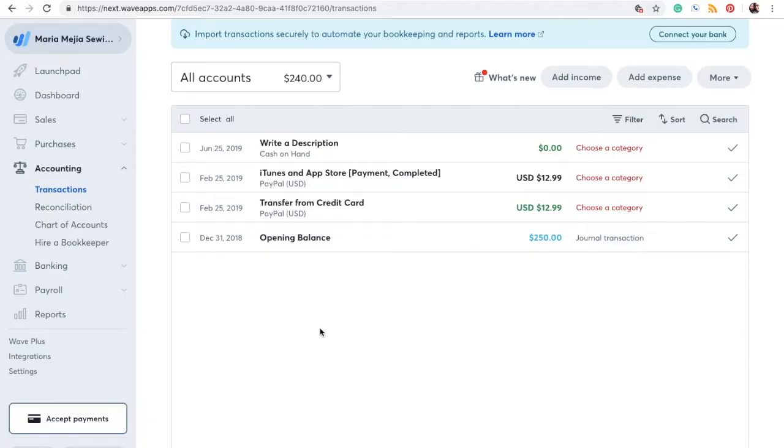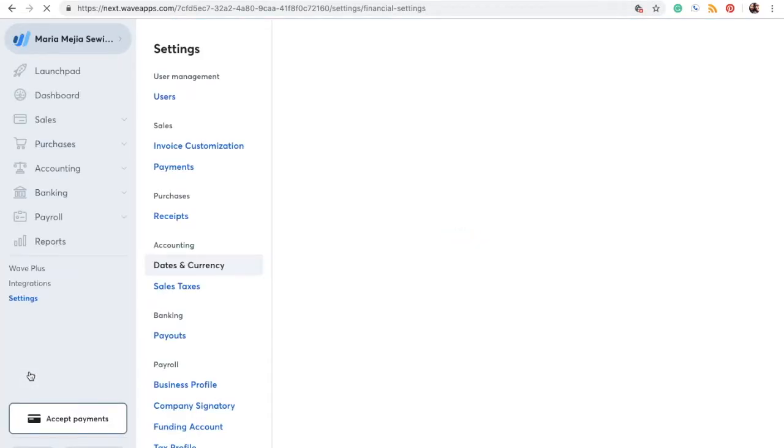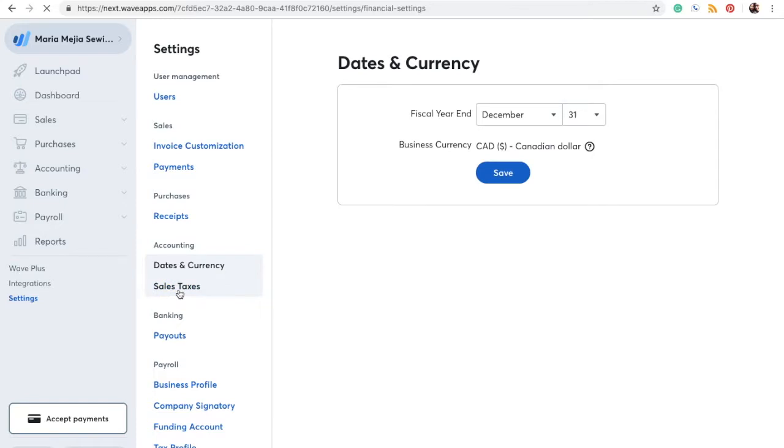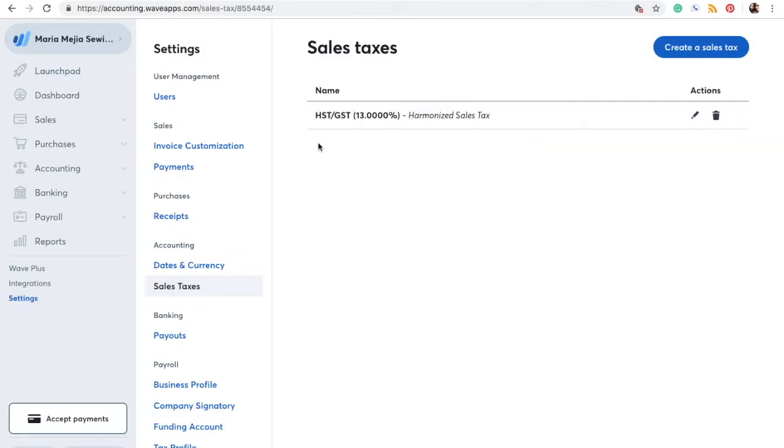So the next thing that you'll want to do is to set up your sales tax. To do that, you go into your settings and then click sales tax. As you see, I've already entered in my sales tax, my HST and GST. If you have other sales tax, you click create a sales tax